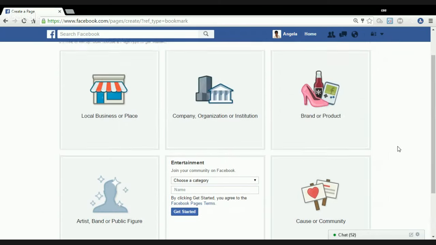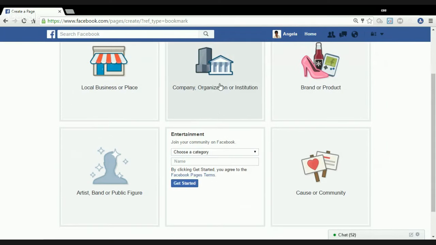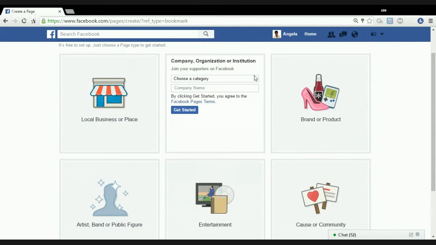So for the purposes of this and knowing that you're part of Vida Divina, like I am, we're just going to go straight to this company, organization. All right. So that's where you want to click. You want to put a name, choose category. Before we go to the name, we are required to put the category. So we are in